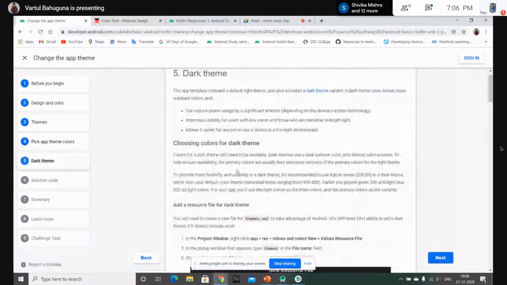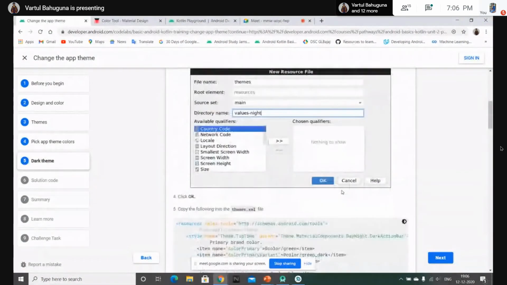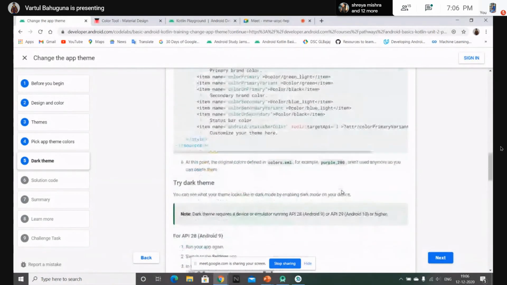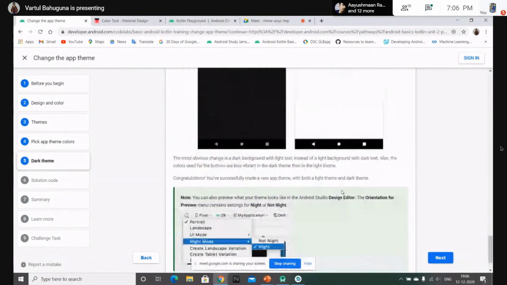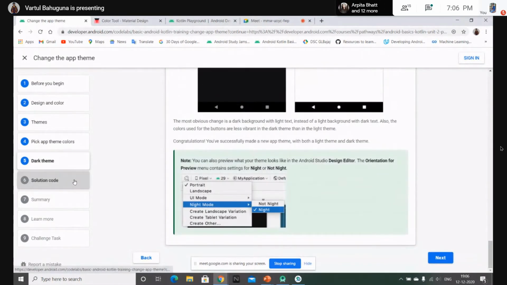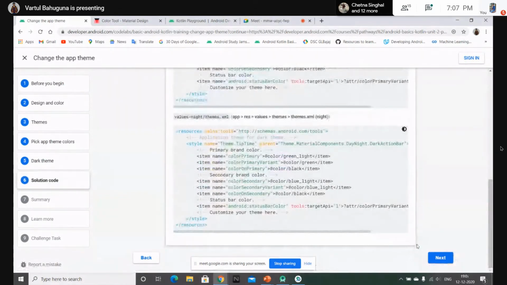And also what comes with API level 29 of Android 10 is the dark theme. The dark theme that you see in your WhatsApp and Instagram, you can also apply those dark themes in your app by following this code lab. Okay, so you can go to this code lab and cover the themes. I would not be covering it since we are running out of time.